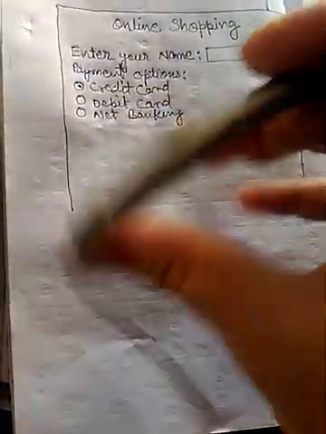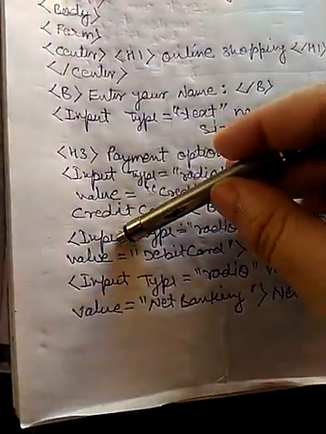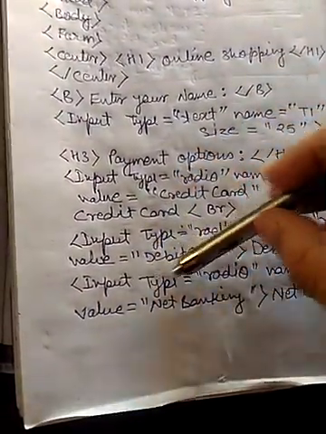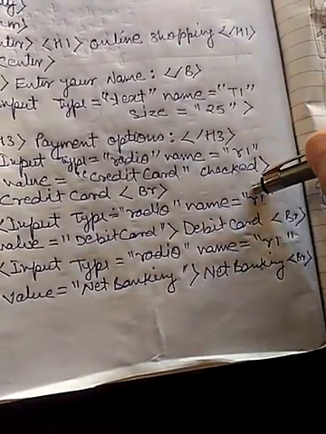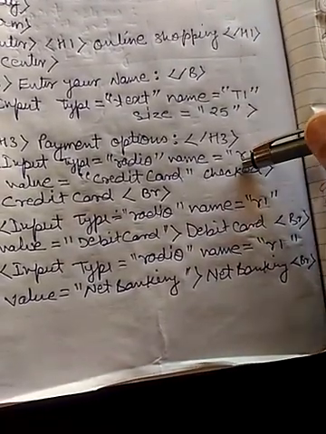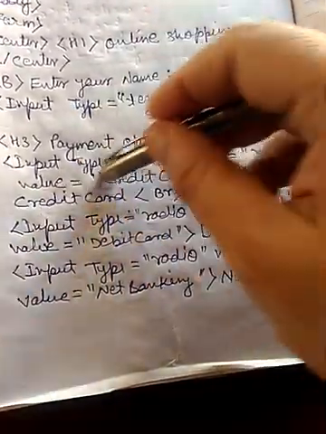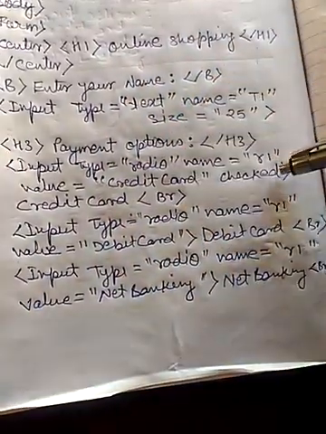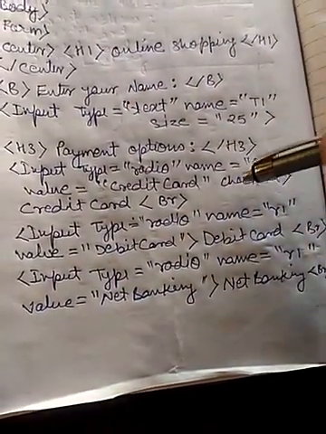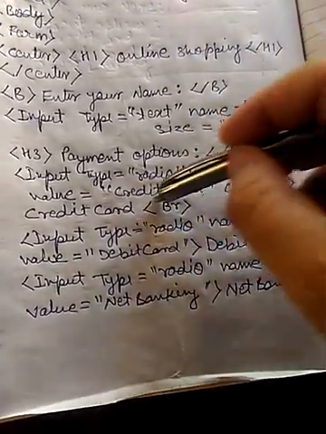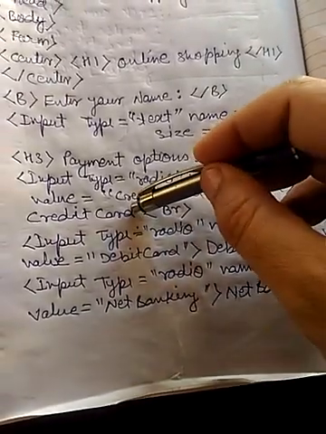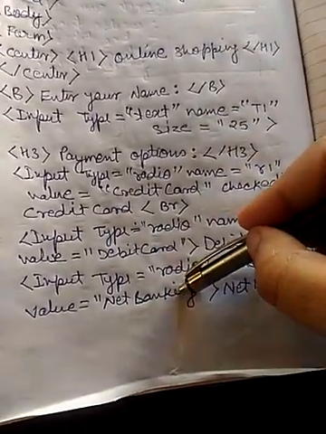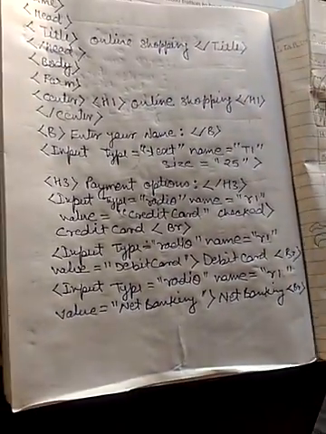So if we want to create this radio button, credit card, debit card, net banking, we have written input type radio, input type radio, input type radio. After that, we have defined the name of the control as R1 for all. We want to by default check the value credit card. That's why we have written here checked. After that, the text which is going to be displayed here, BR is to change the line. So it is credit card, it is debit card, it is net banking. So in this way you can create the radio button.